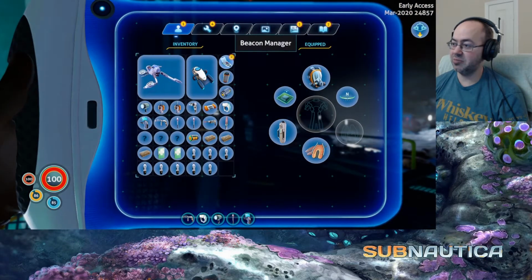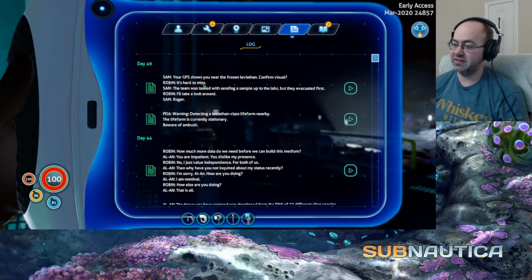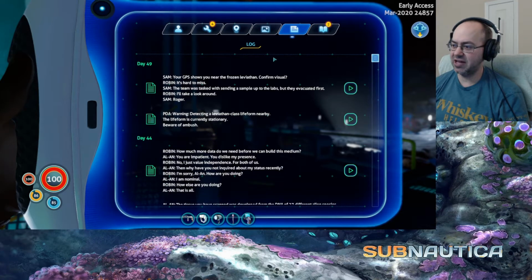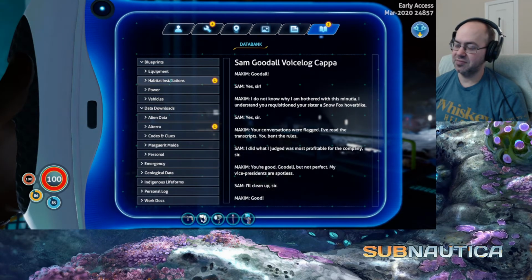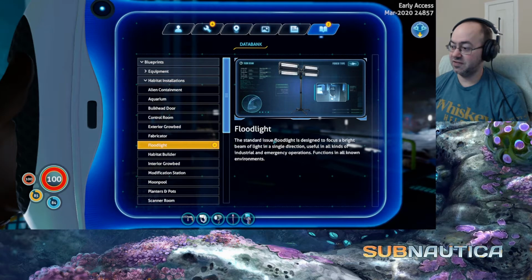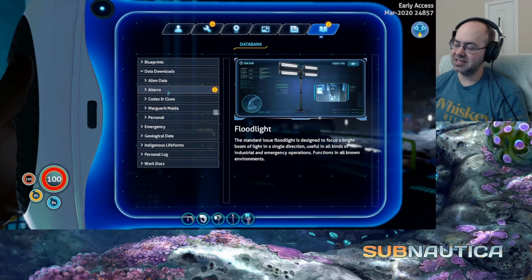Let's read about... Your GPS shows you near the Frozen Leviathan. Yeah, well, why couldn't you give me better directions then if you're tracking me and all that? Not these codes and clues bullcrap. Oh, you might want to find the Frozen Leviathan. Like, that's kind of the thing. Floodlight, yay. That's kind of my big...